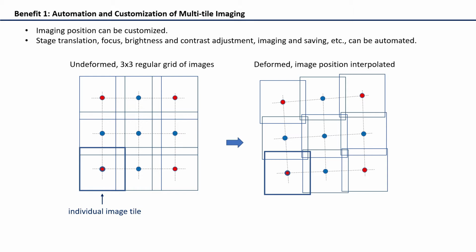For example, in our in-situ experiment, we capture the reference image tiles at a regular grid of positions. When the sample is deformed, the area of interest may have been slightly rotated or stretched irregularly. So it's better not to have the image tiles aligned perfectly horizontally or vertically. And our solution is to control the position of these four corner image tiles. And the rest of the image tile positions are then determined by a bilinear interpolation.